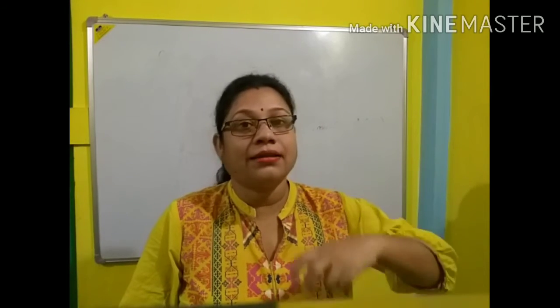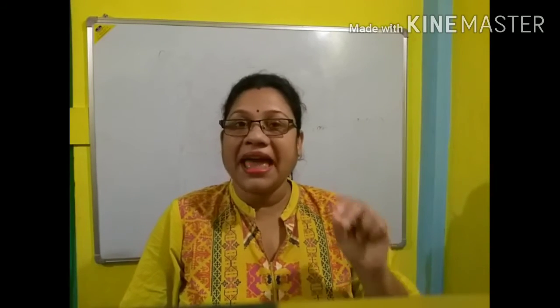So I think all of you are clear on the difference between the while loop and the do while loop. In the while loop, the computer checks the condition at the very beginning, and if the condition is true, then it is going to execute it. But if the condition is false, it is going to terminate the program at the very beginning. That means no instruction will be displayed on the execution screen if the condition is false. But in a do while loop, what happens? It is going to execute the program at least one time at the beginning. After that, it is going to check the condition.